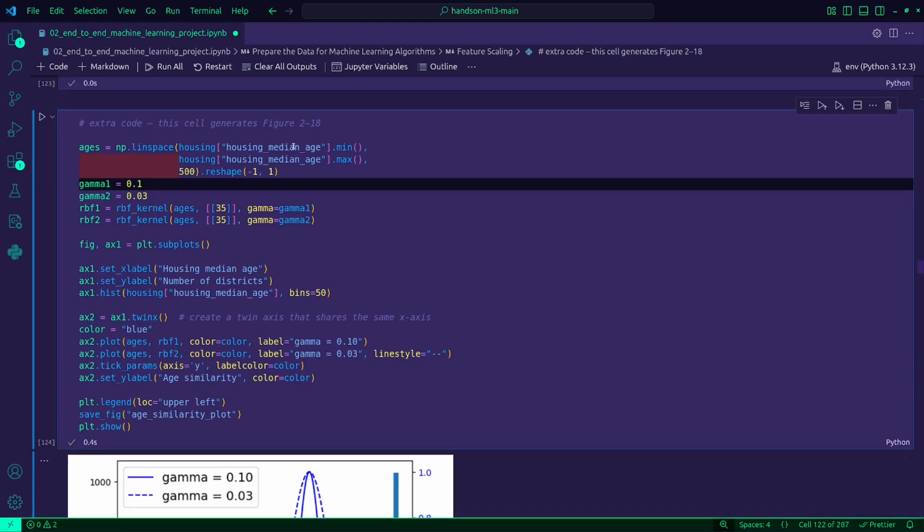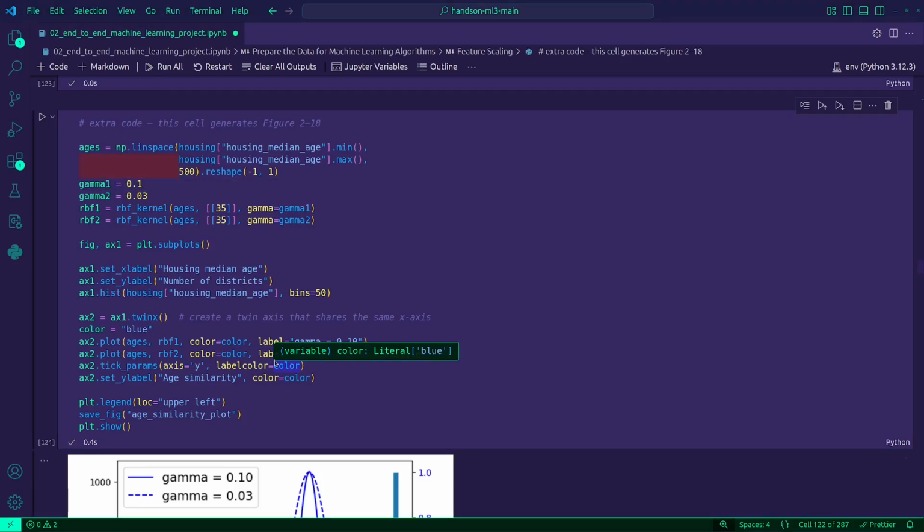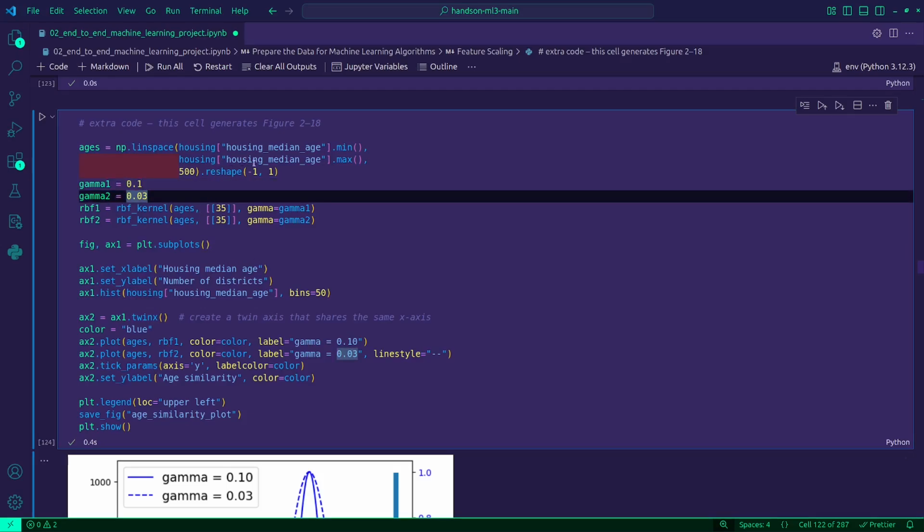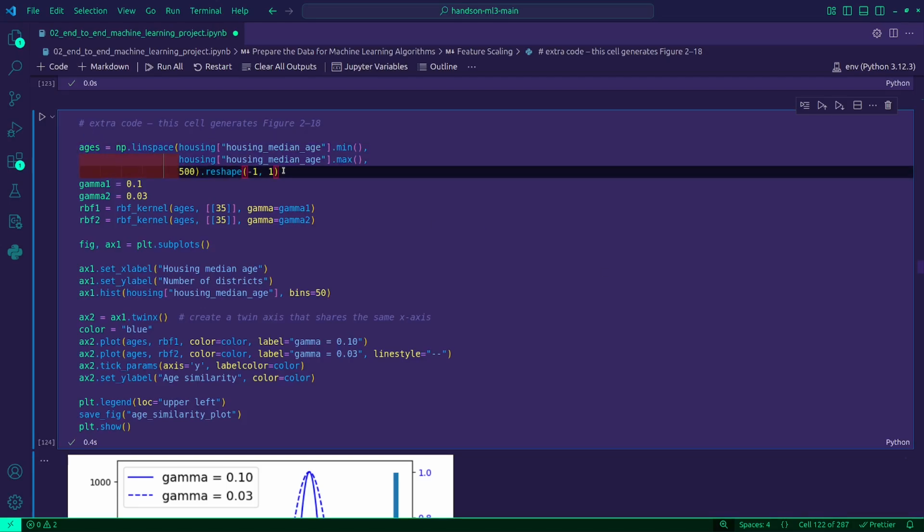Now let's talk about this whole snippet here. This whole snippet visualizes, as I already showed you, how similar something is to age 35 using this RBF function. So what we have here, we generate the ages.